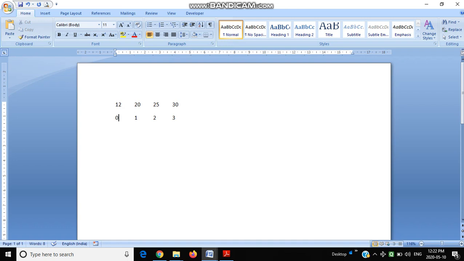But in a linked list, there are no subscripts. Every node, this is one node, contains one address. Another node is there which contains another address. For example, this node is the 12. That node contains one address like this. That is the 12 node. Next, the 20 node, this 20 data is there. Its address is held by this 12.